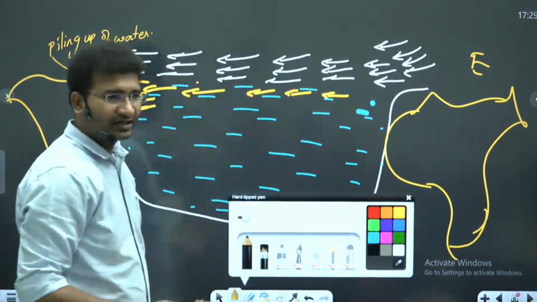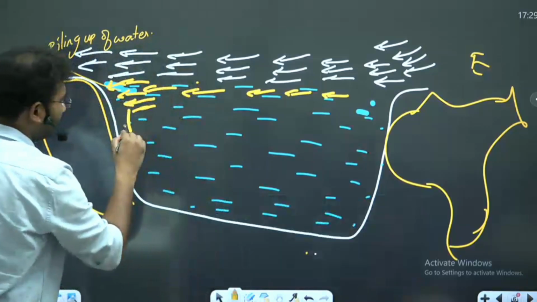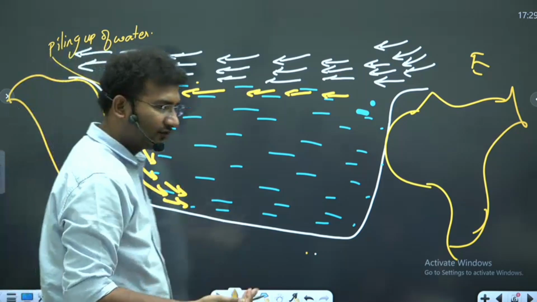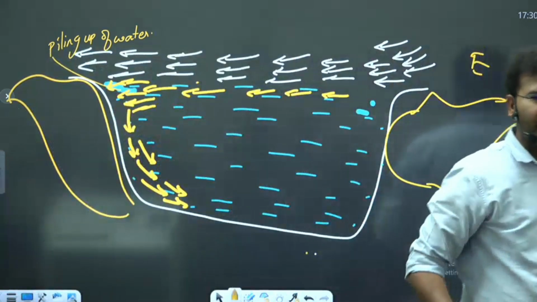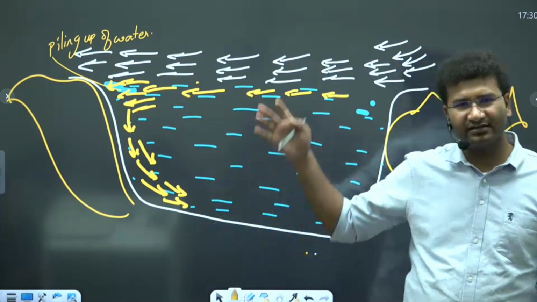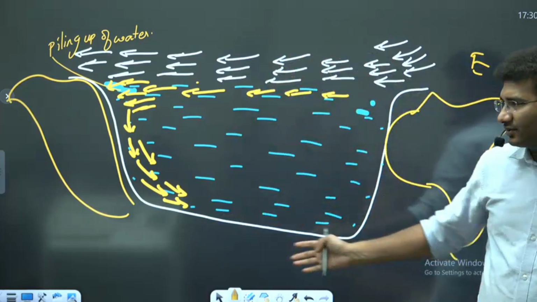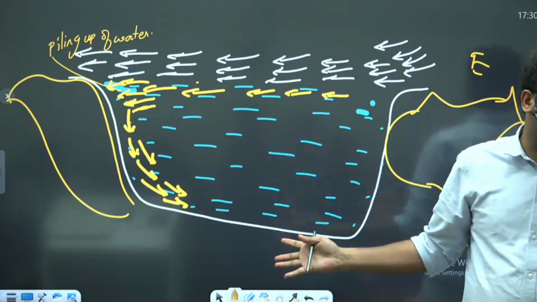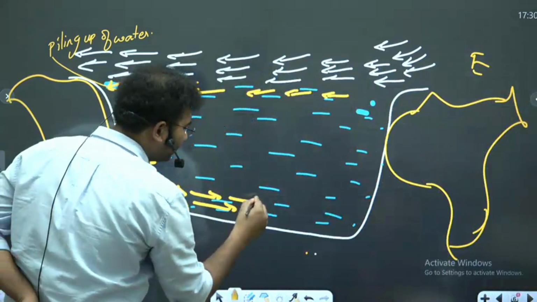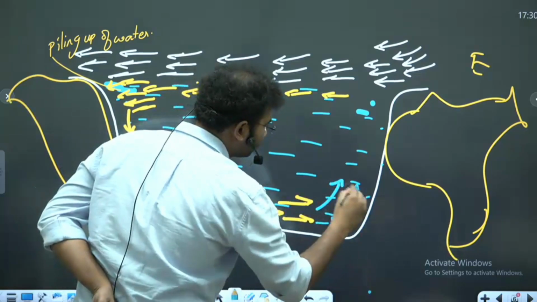Right? As the water starts to pile up, the water will now start to sink. Some amount of the water will sink. They'll sink to what depth? They'll sink to a depth of 300, 400 or 500 meters. Maximum till the depth of thermocline layer. And thermocline will not let the surface water which is there to go and mix with the bottom water. Now let's imagine that this is an ocean which is having a depth of 500 odd meters. Likewise, the water will start to move and try to go back to the same place. And this is called as upwelling.